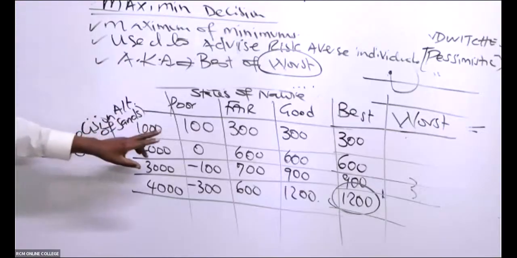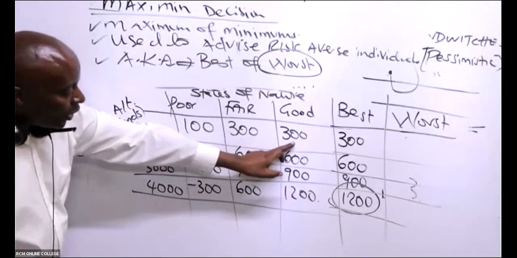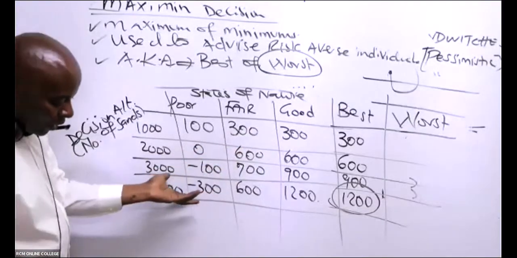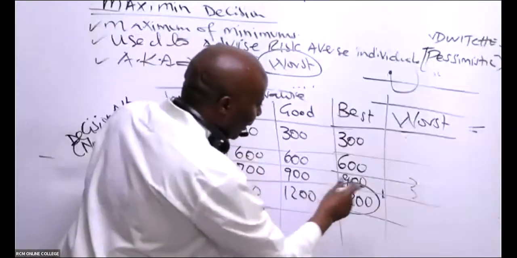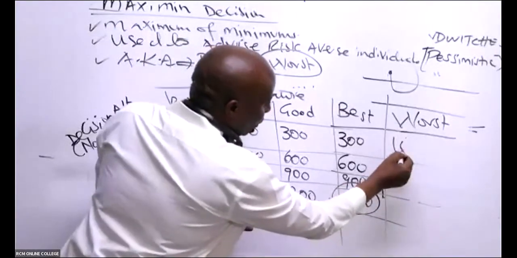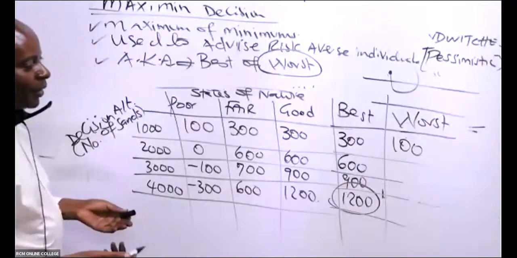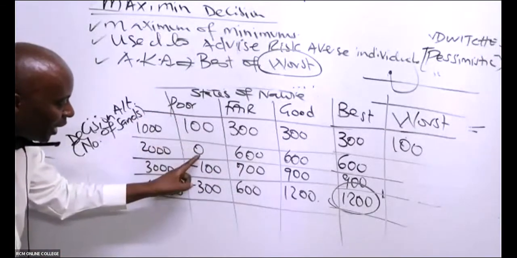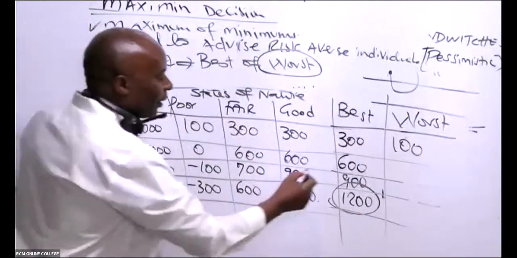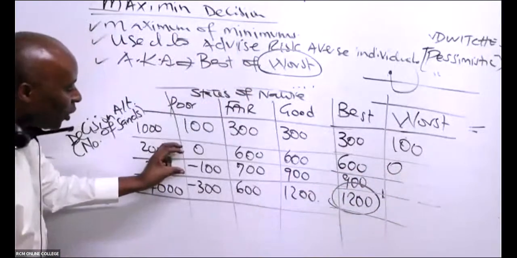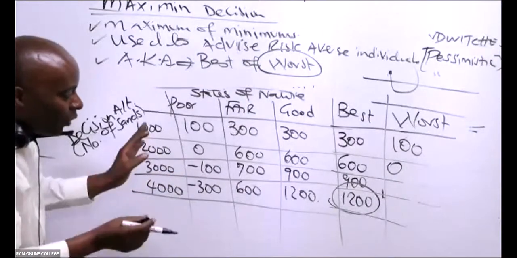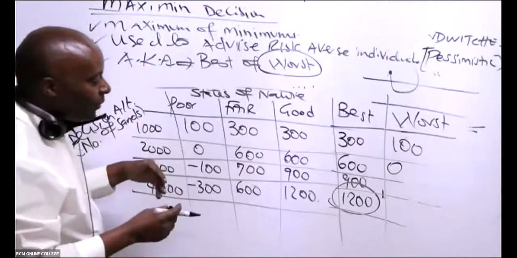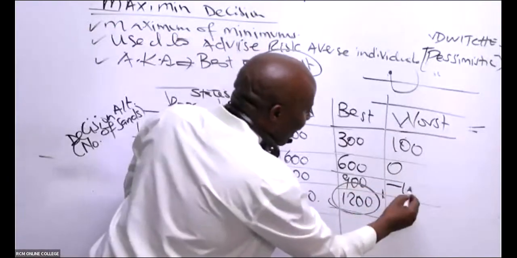So then come back here. For these three, if somebody is pessimistic, what will he expect? Because things don't work. He says even God doesn't love me. So he expects the very lowest. The second one, what will somebody expect? Zero. And the third one, what will he expect? Life doesn't love him. Negative, isn't it? He expects even losses.